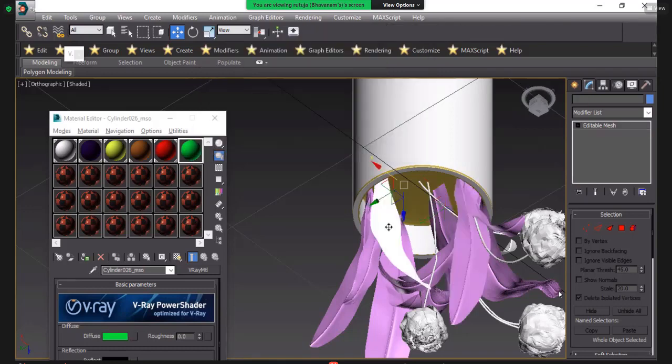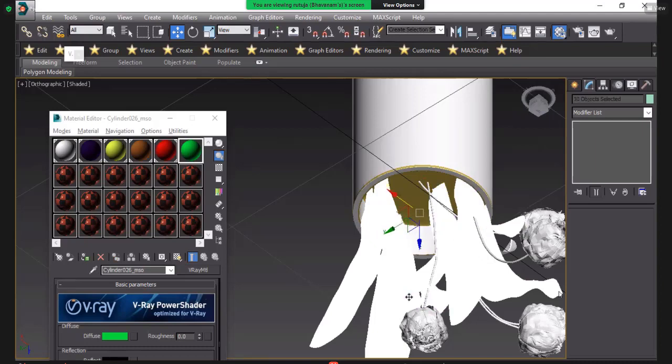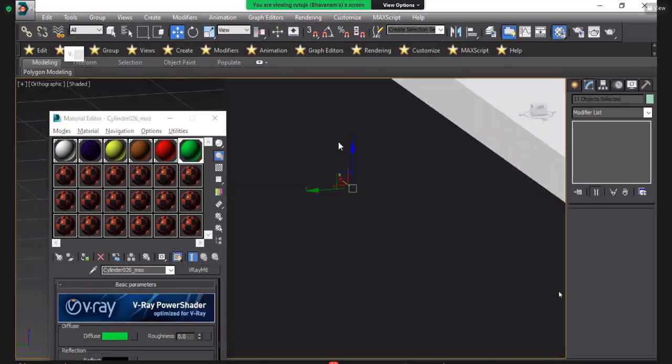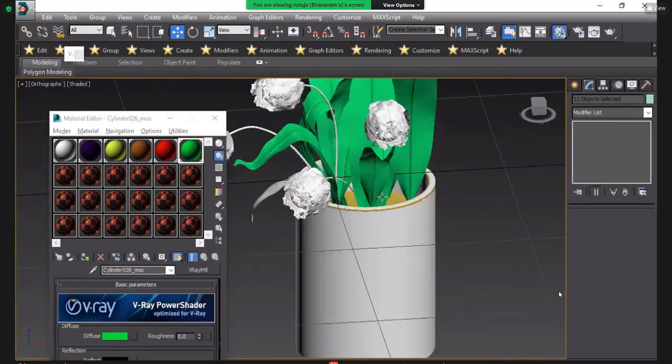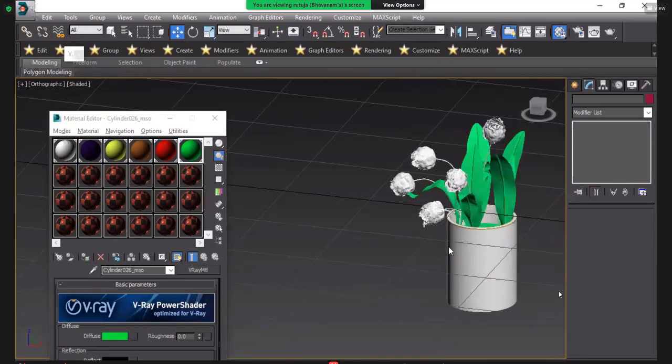Okay. Select these leaves. Select one leaf and paste the colors. Okay. If you are seeing there, the color has changed. Yeah, like that.